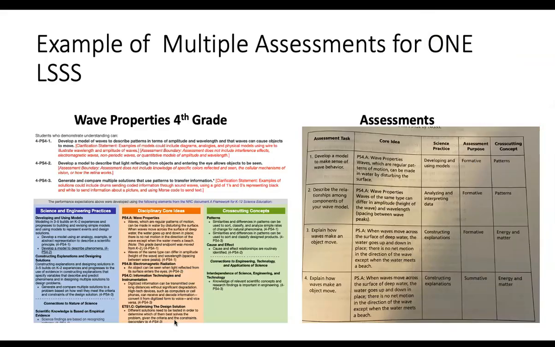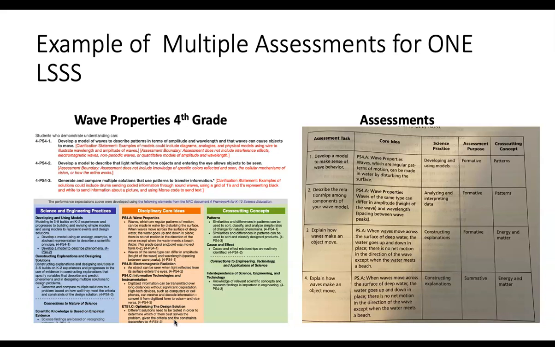But it's actually really simple. So I'll give you an example of multiple assessments for one Louisiana science standard. This is an example of teaching a unit where you see that there are 3 Louisiana science standards in that unit. We're going to focus on wave properties for 4th grade and specifically 4-PS4-1, develop a model of waves to describe patterns in terms of amplitude and wavelength, and that waves can cause